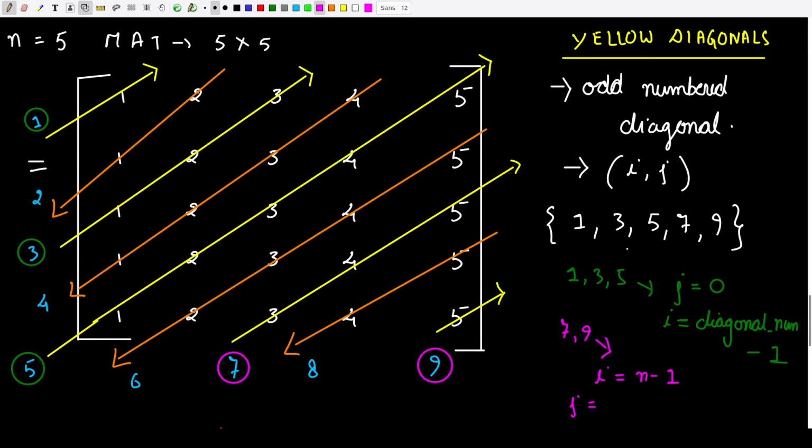So the value of j can be found out by subtracting the values of diagonal number and n. Here we can say that this is diagonal number 7 and the value of n is 5, which if we subtract 7 and 5 we will get 2, and that is the starting index of j over here. So j is equal to diagonal number minus n. And this is how for yellow diagonals we will be able to populate the values of I